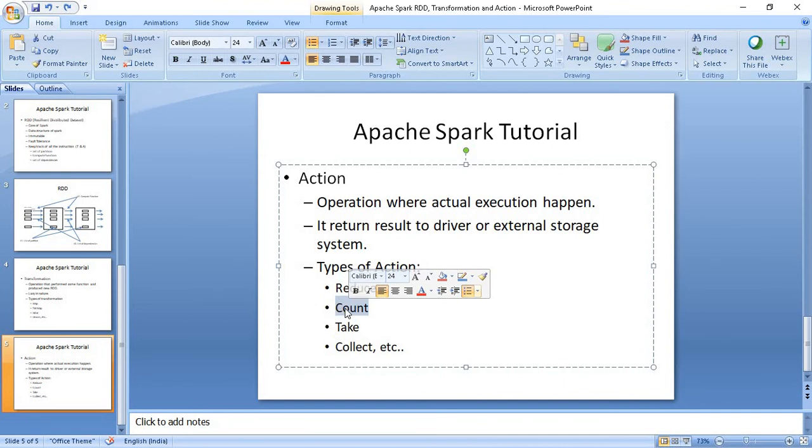When this kind of operation is encountered during execution, the actual execution happens in Spark. And once this execution is done, it returns the result either to the driver or to some external storage. So this is how operations work in Apache Spark.